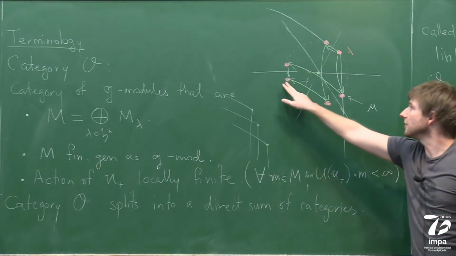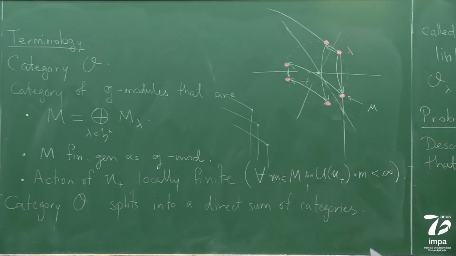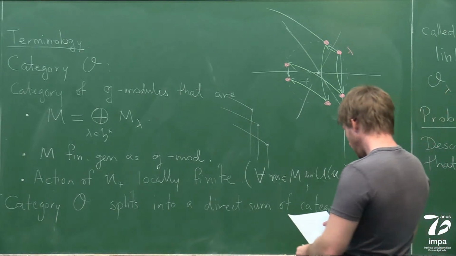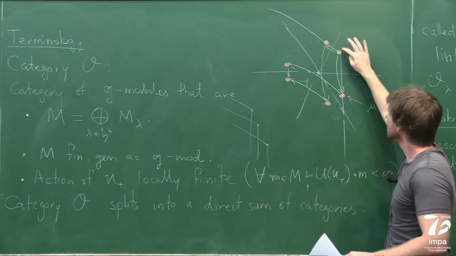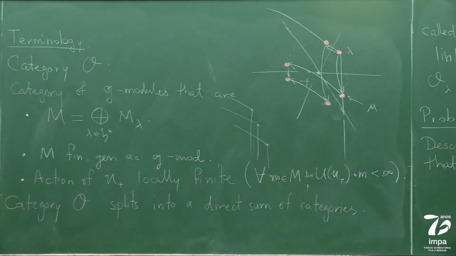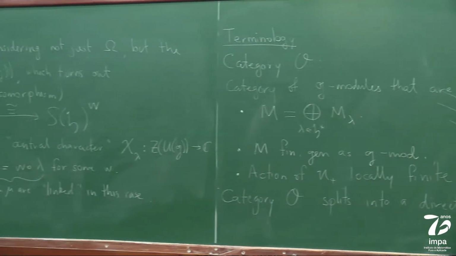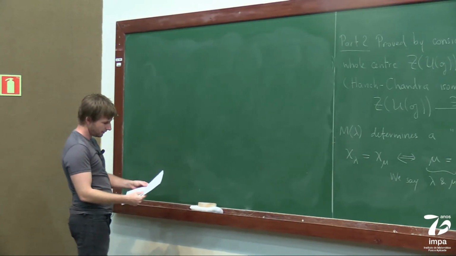For example, we get to this bottom weight by applying triples of simple reflections in two different ways. And so what this gives is